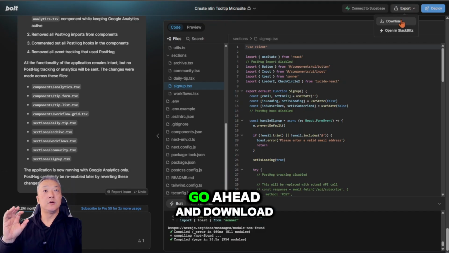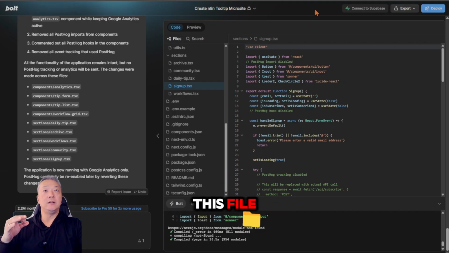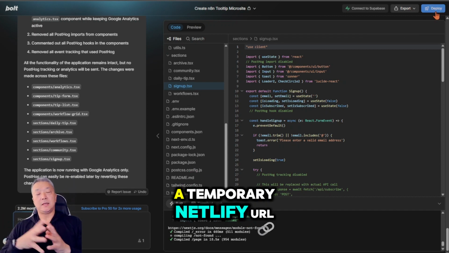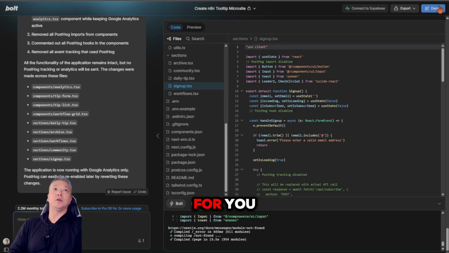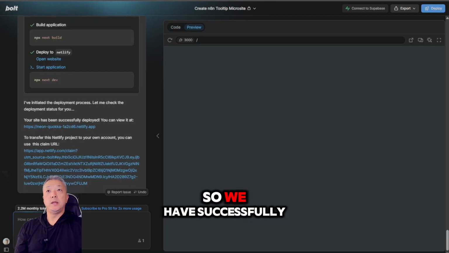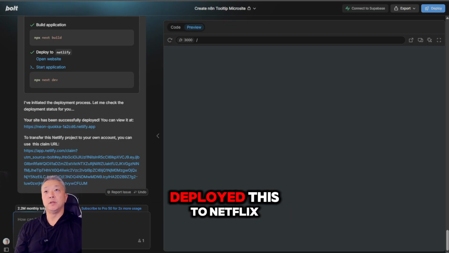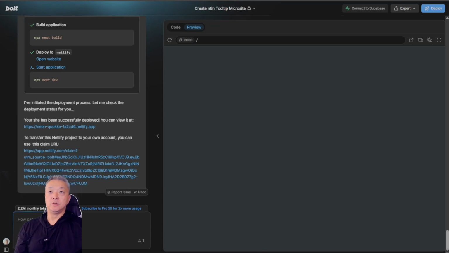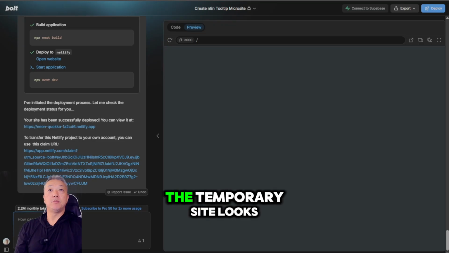Within here, I can go ahead and download this file, or I can deploy this and it'll create a temporary Netlify URL for you. So let me deploy this and then show you what that looks like. So we have successfully deployed this to Netlify. You guys can see here, this does provide you with a temporary URL. You can go ahead and set up your own using this link, but let's see what the temporary site looks